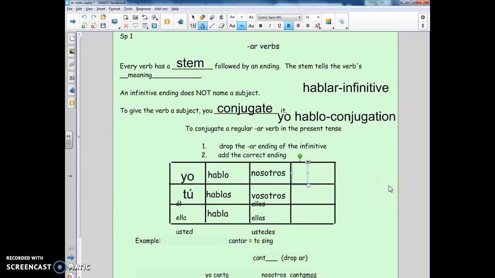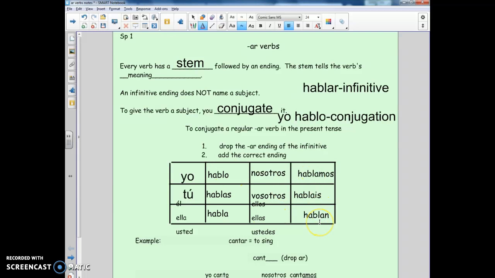And for the nosotros form, it would be hablamos. Vosotros would be habláis. And ellos, ellas, ustedes would be hablan. Okay, so this is an example of how to conjugate the verb hablar